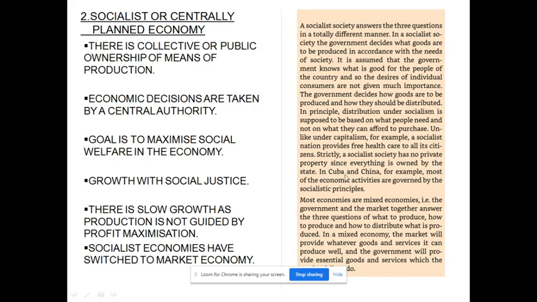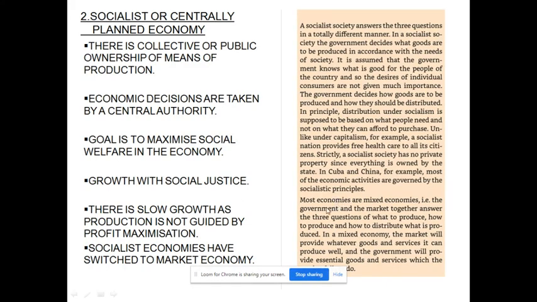So the economies like China and also the Soviet Union of Russia, which was the classic example of a socialist economy, or Cuba, which is also mentioned here. These economies then switched over to market economy because of the slow growth in these economies. So the demerit of the socialist economy, this was the main demerit which then led to the collapse of such